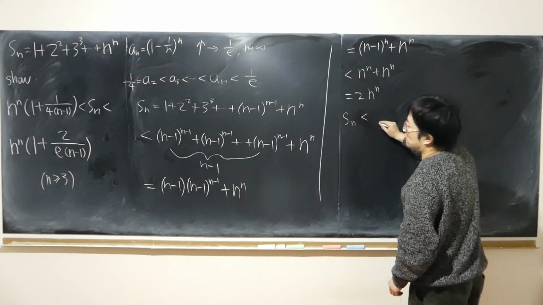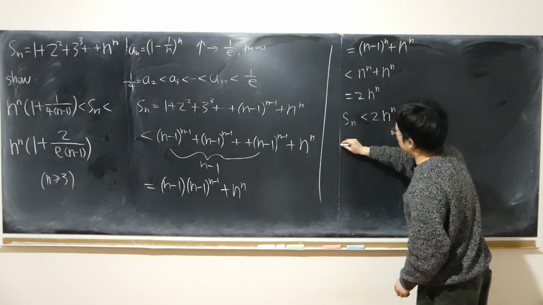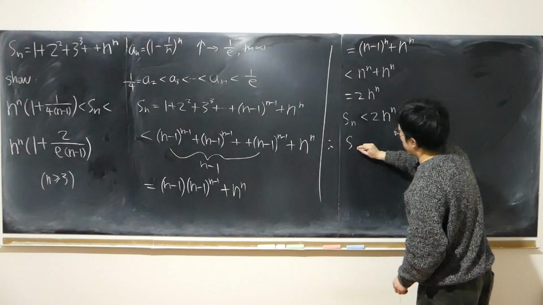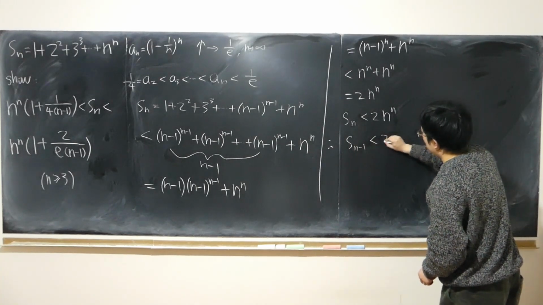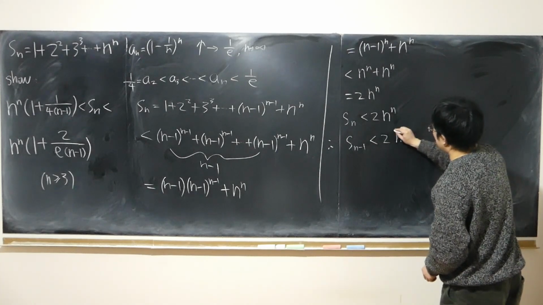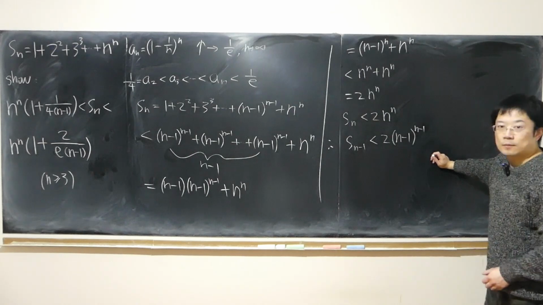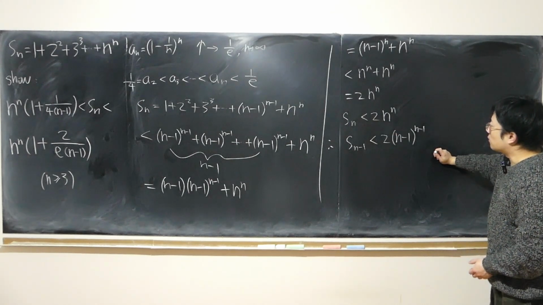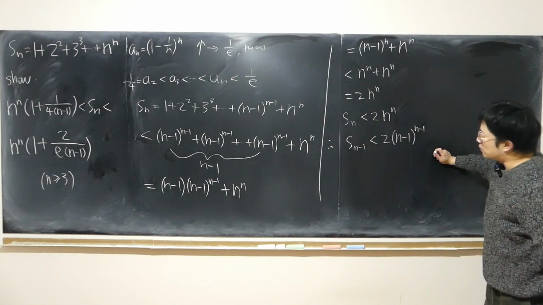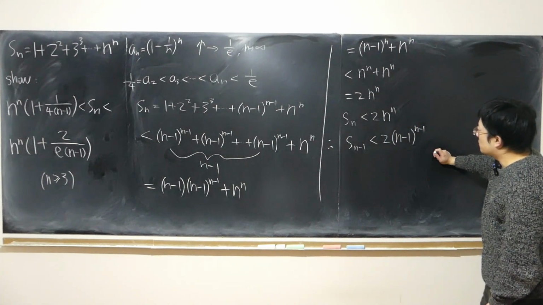Sn is less than 2 times n to the power of n. So, in other words, if it's Sn minus 1, it has to be less than 2 times n minus 1 to the power of n minus 1. Right, same logic, just change the subscript. Now, this is a quite nice estimation, because now I'm going to use this to link